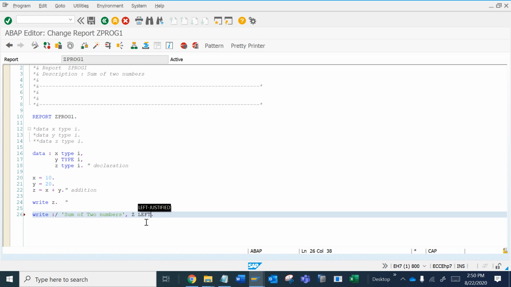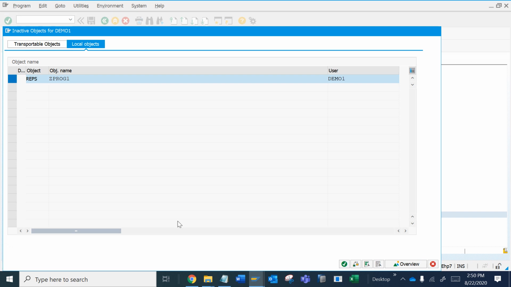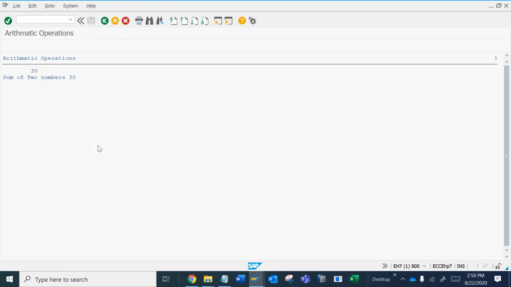If you press tab, it will take all these things automatically. Now let me check what my output is. Now see, that value is now left justified.